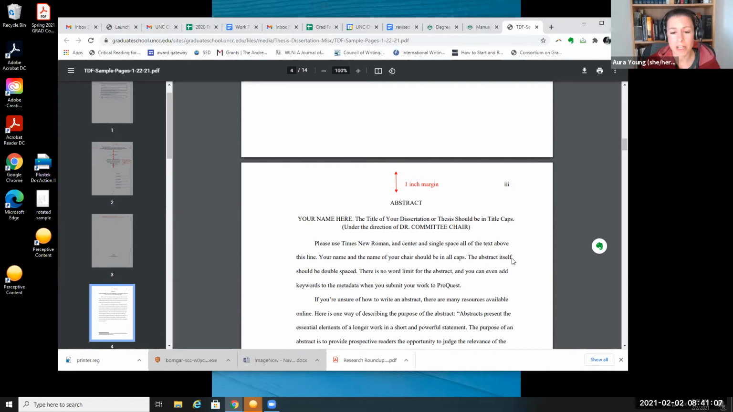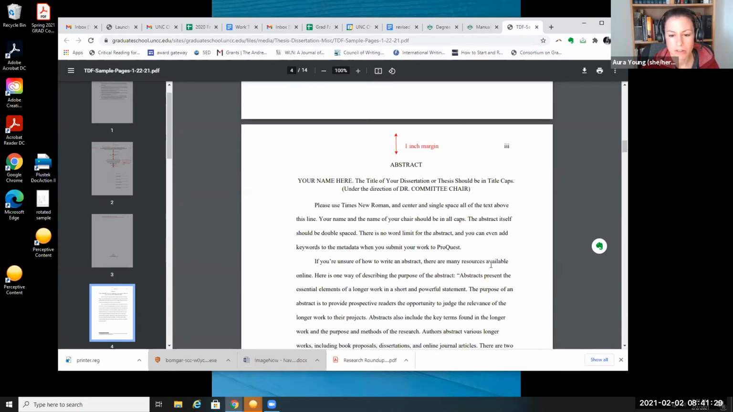So the third page is the abstract page. Just like you see here, you put abstract all in caps, you put your name all in caps. You can put the title of your dissertation in normal title caps, like any sort of headline, title caps like you see right there. And then your committee chair's name is in all caps. And then your abstract,